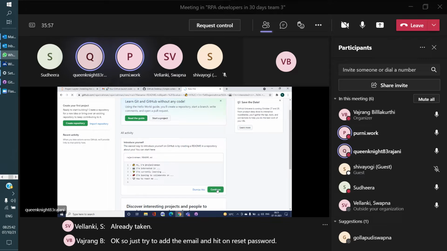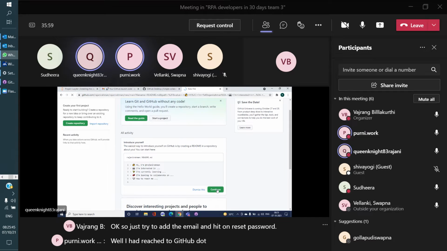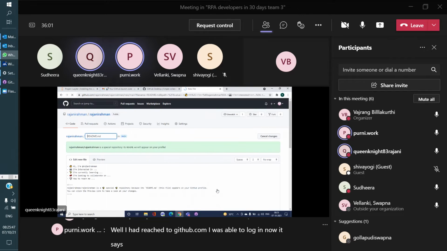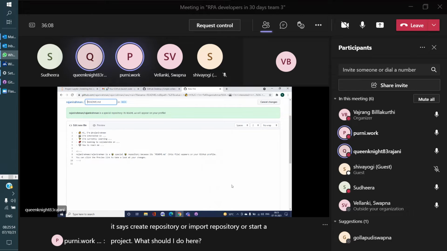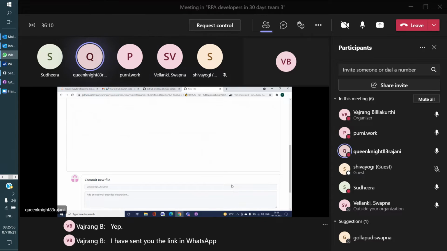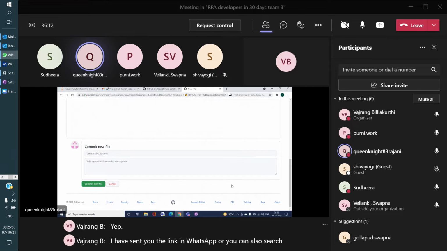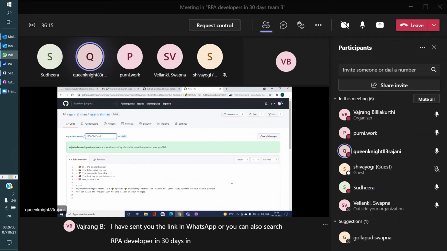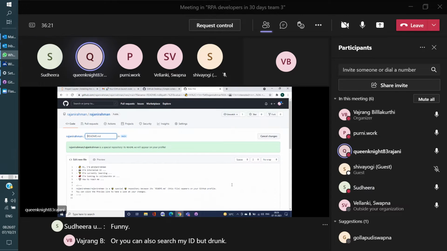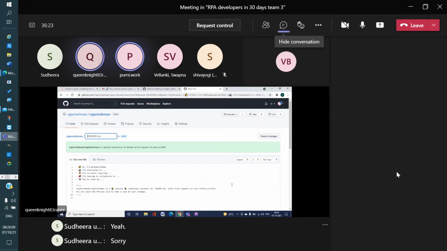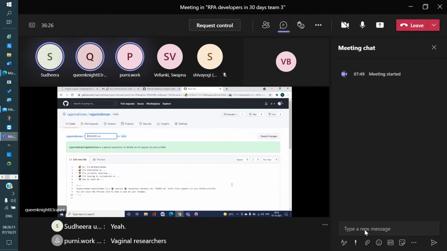I have reached github.com and was able to log in. Now it says create repository, import repository, or start a project. What should I do here? I have sent you the link in WhatsApp, or you can also search for RPA developer in 30 days in the search on the top. Or you can search my ID, Vajrang, on the left top.